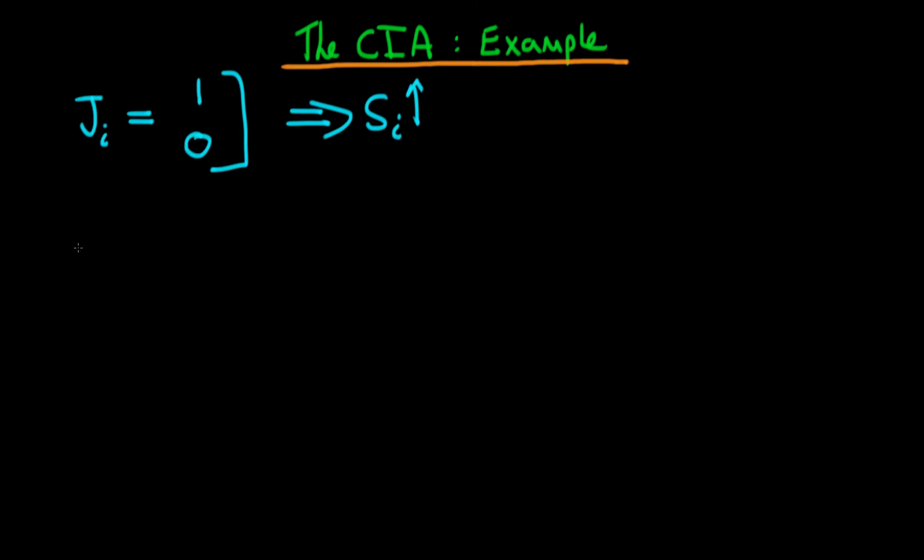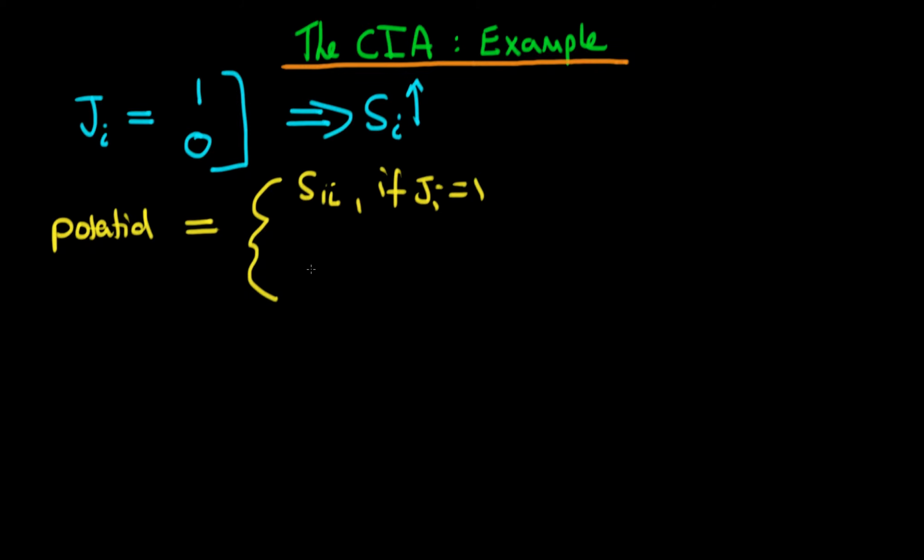What we did before is we defined an individual's potential level of sales. We said that an individual's potential level of sales was equal to S1I if that individual chose to receive on-the-job training, so if JI was equal to 1. And for that same individual, there is a potential level of sales, S0I, had that individual not chosen to receive on-the-job training. So these are two innate things for each individual, and they're independent of the choice as to whether the individual did or did not actually receive on-the-job training.